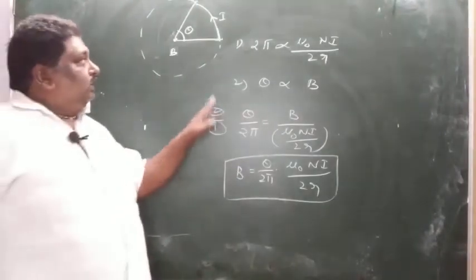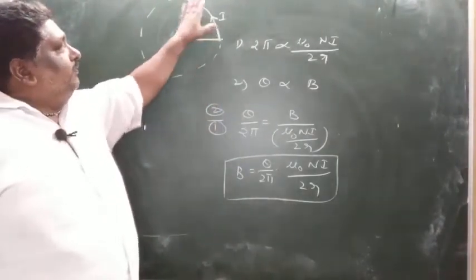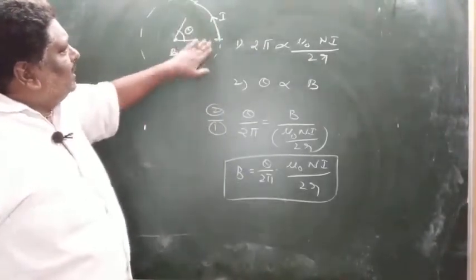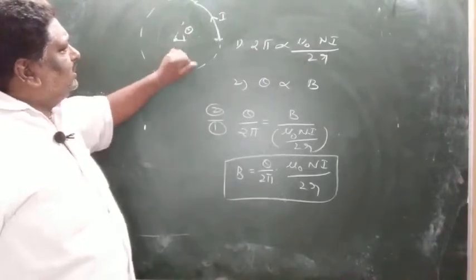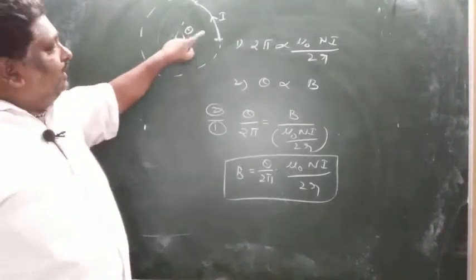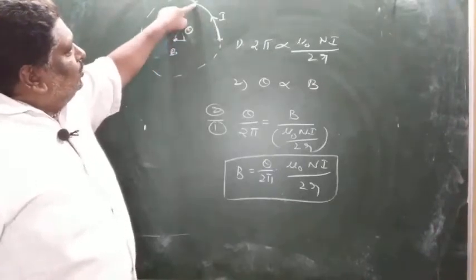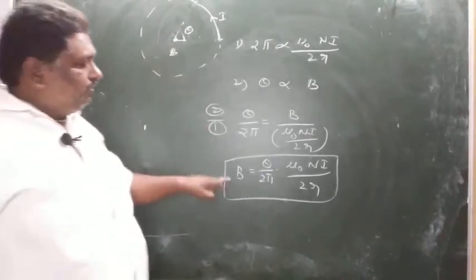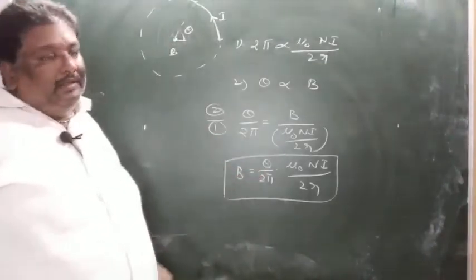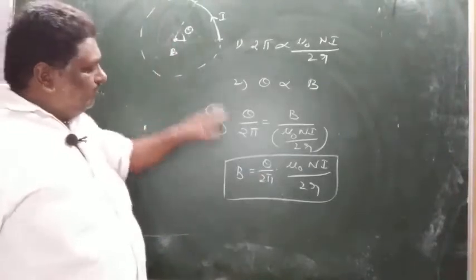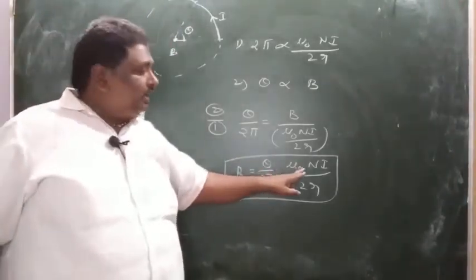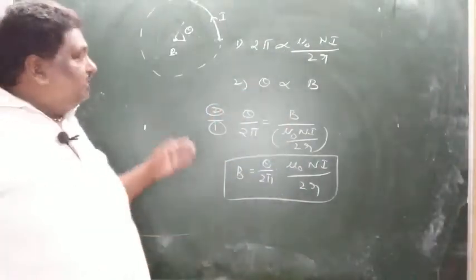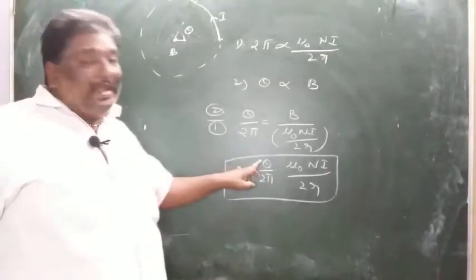Therefore, some theta arc shaped wire is present. Here, the lines are only imagination, for representation of theta. Here this is the element. Due to this current carrying conductor, how much magnetic field is produced at the center? Theta by 2 pi means this theta value divided by the total value, into mu naught N i by 2r, which is the full circle value.